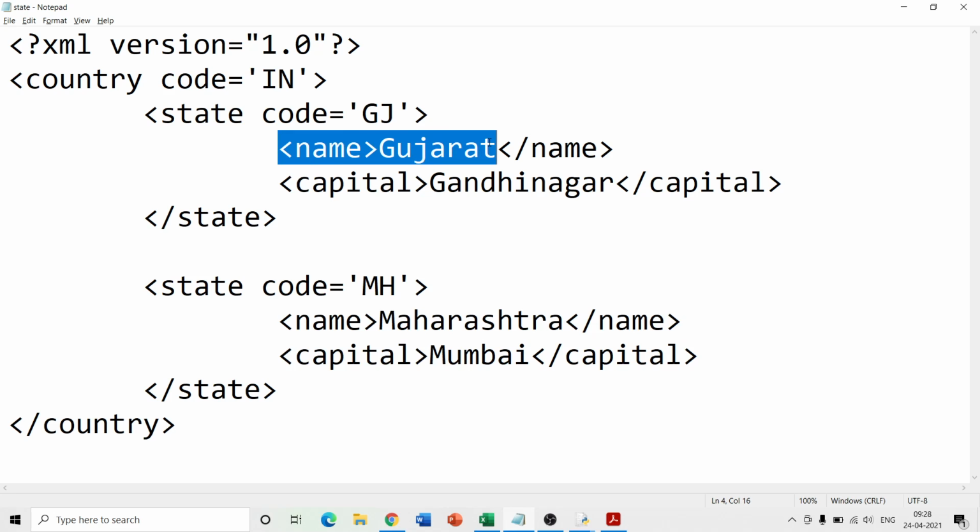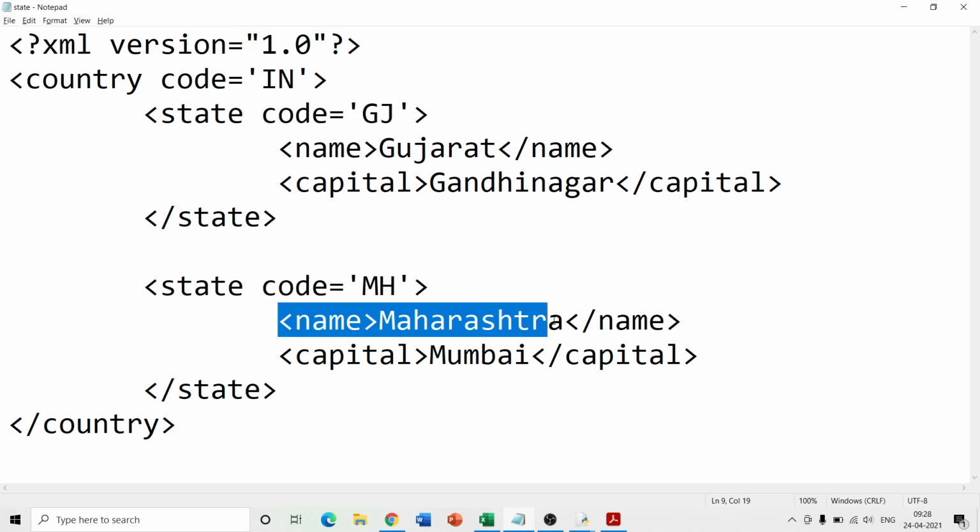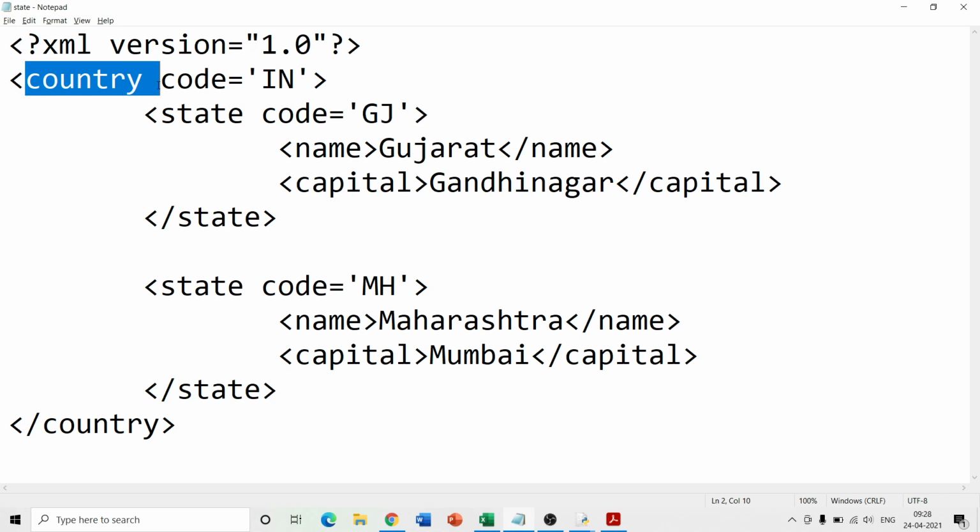Here you have Gujarat, here you have Maharashtra. So within the root tag, wherever you have a tag with name, it is going to display the data.